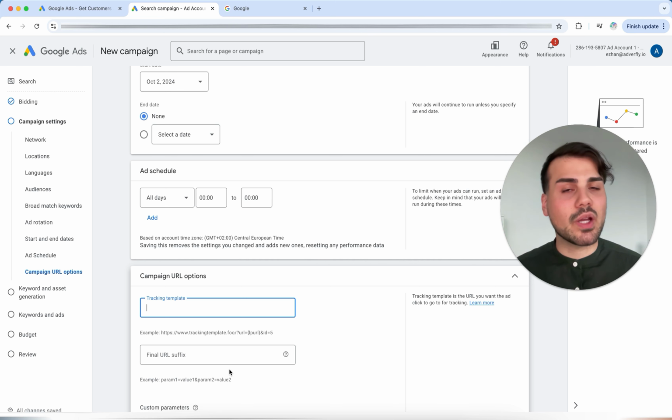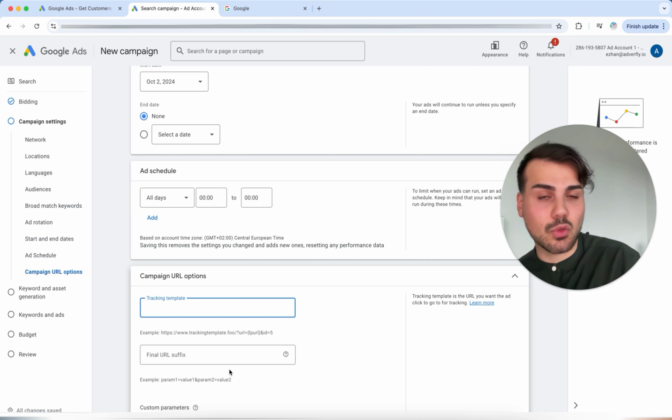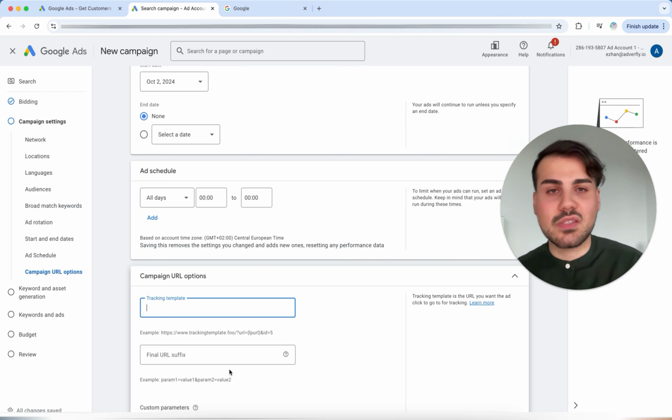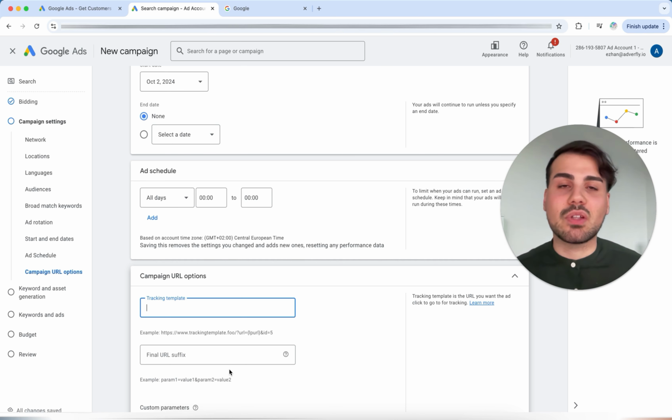Because the problem with the standard Google evaluations is that, firstly, they are often estimated, which means Google simply doesn't know, hey, did this order come through this campaign? Did this lead come through this campaign or through this ad image? They often work with estimates, or in brackets, standard modeling, which is rather counterproductive for the evaluation of campaigns. Or another problem is if, for example, 10 sales or 10 leads are available in the system or in the shop, whether Shopify, Shopware, or something like that, then for example, 5 or 6 sales or leads will be displayed even though 10 of them came in.